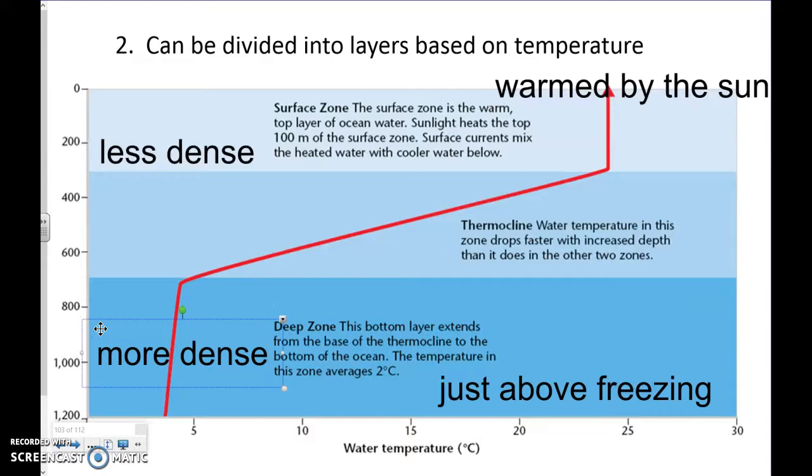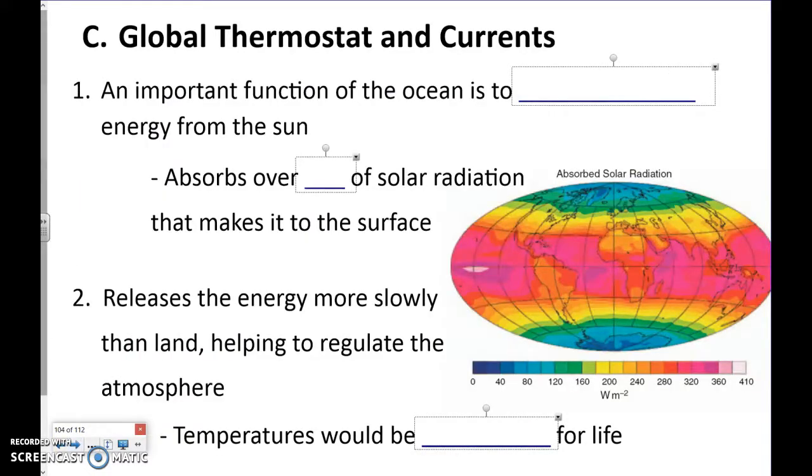So we have the colder water sinking, and we'll do an activity with that together in class. Again, this temperature comes into play because water has a very special quality called high specific heat, and you're going to do a lab on that. But it can absorb a lot of heat, and that's good because that actually allows our oceans to act as